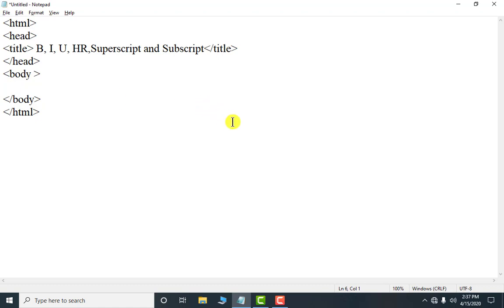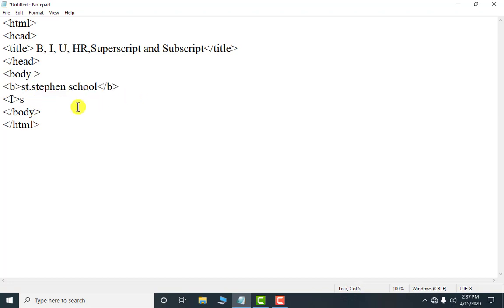So first of all I'll show you how to use these three things: bold, italic, underline. Okay, so I am writing this B tag, and here you can write anything. Suppose I am writing St. Stephen School. Okay, then B close, then use of italic I. This one is your bold. Okay, this one is for your italic.